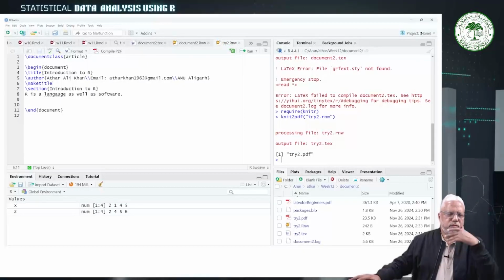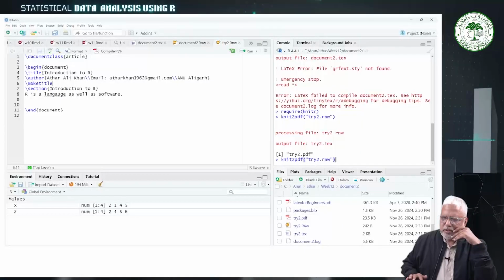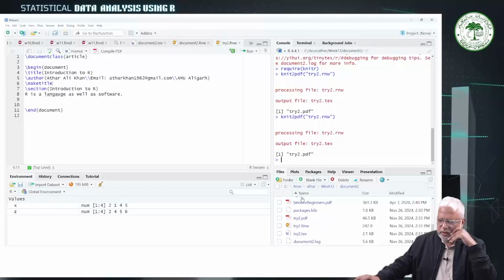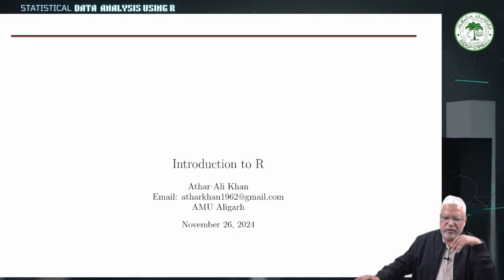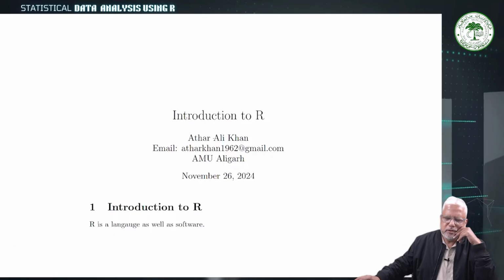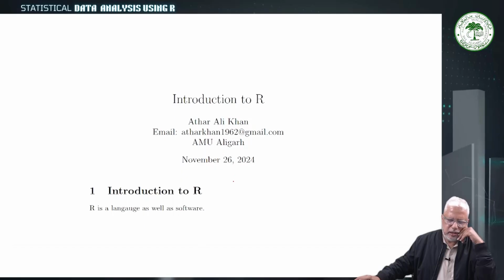Now we will generate the PDF document with again the same command. Now what we have got, changes in the PDF. See, Introduction to R, this is the title, and then Athar Ali Khan, email, AMU Aligarh, date is already there,